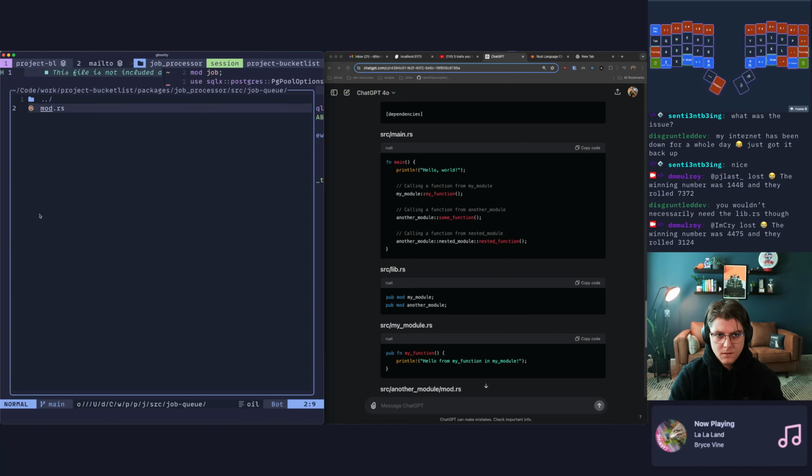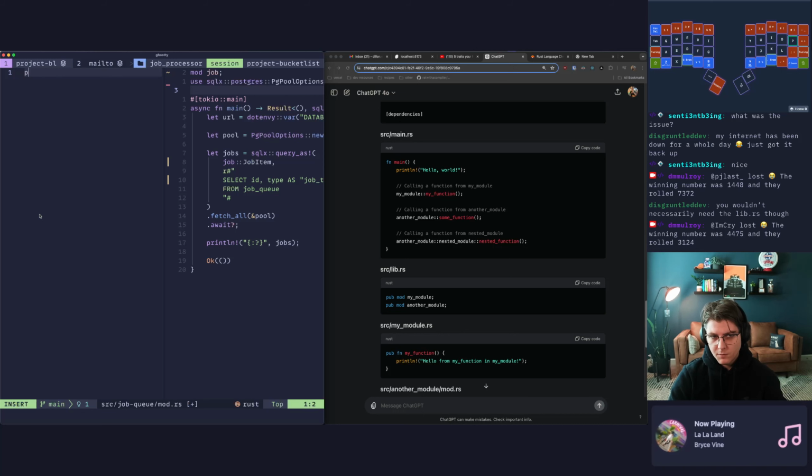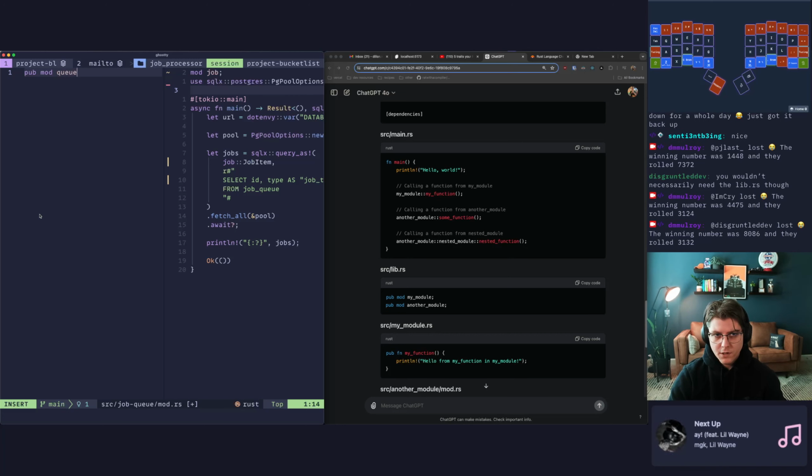And we'll just have a queue.rs and an item, I guess. And then in here, it would be like pub mod queue and item, right?